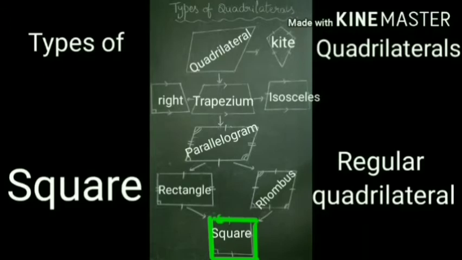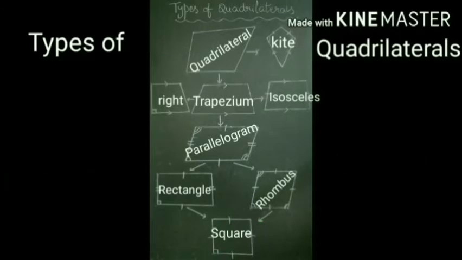are satisfied by square. Okay, just like that, rectangle is a special parallelogram. Even rhombus is a special parallelogram. So what is the specialty? Parallelogram with all equal sides is the rhombus. Parallelogram with each angle 90 degrees is the rectangle. So all the properties of parallelogram are satisfied by rectangle and rhombus also.